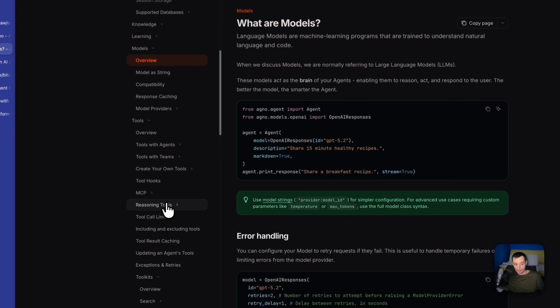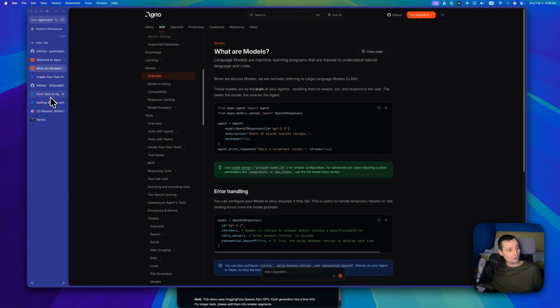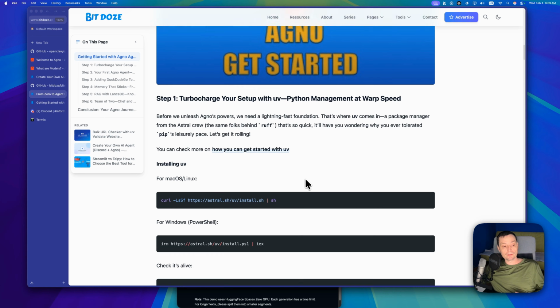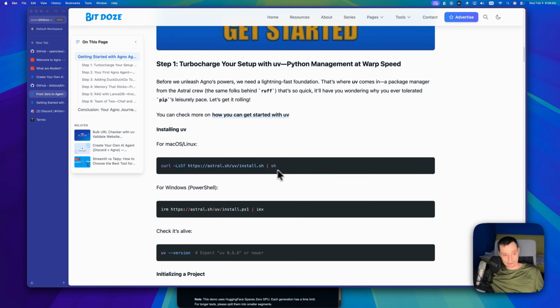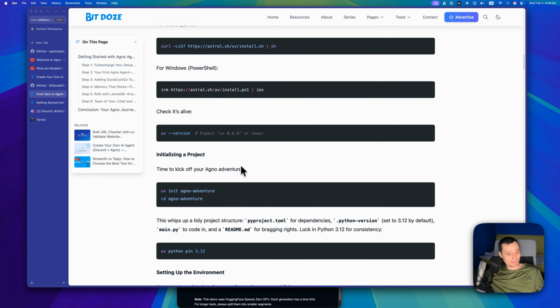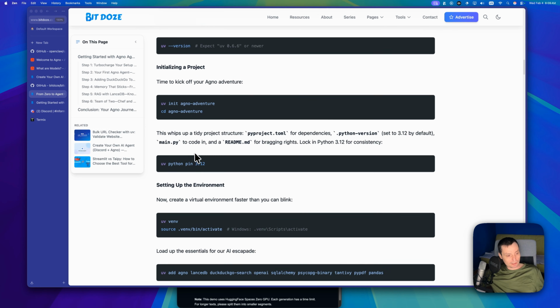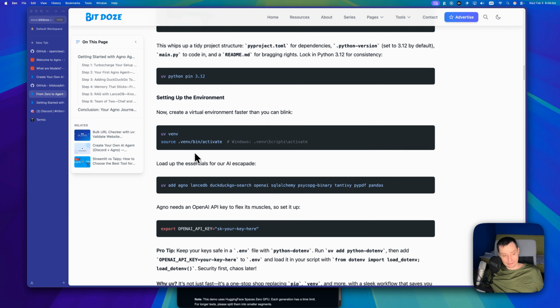I have used Agno for some time. I've created some articles in the past. So in here, if you want to get started with Agno, and you will need to do this to get started with this project, you are just installing UV, and then you just go and configure your UV project,